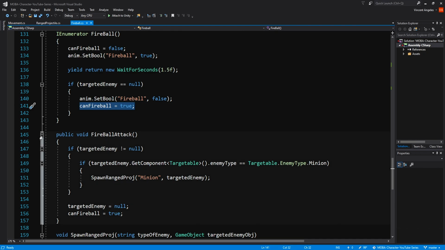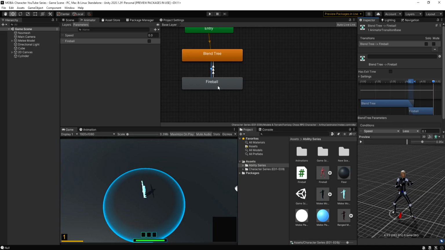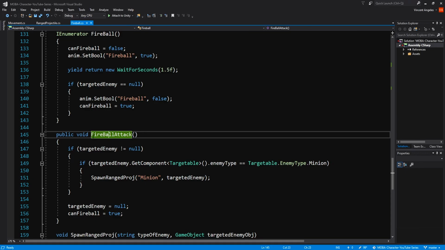And over here we have a public void FireballAttack. This is what we'll call in the animation event itself. So when you saw over here that it did the fireball animation, if we go to the fireball animation itself, go down to events, and then over here you'll see like a little clip thing. So what this does, I put the frame over there,